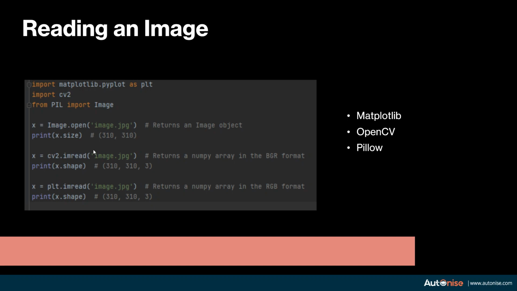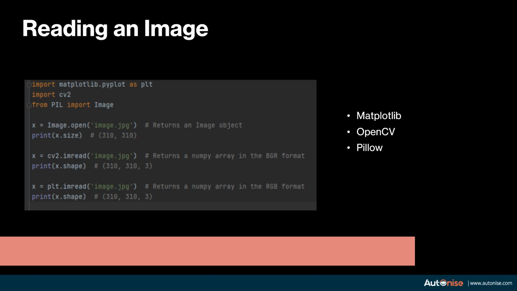There is a slight difference between how cv2 reads the images and how plt reads the images. plt reads the images in the format RGB. So the red channel is the first channel, the green channel is the second channel, and the blue channel is the third channel. But in cv2, you actually read it in the reverse order.